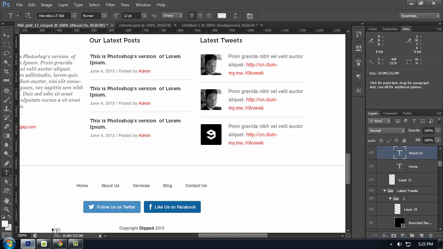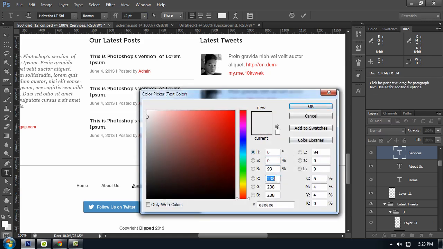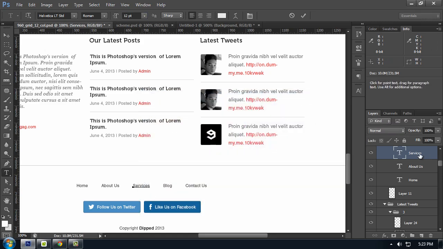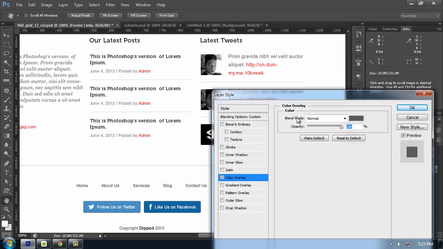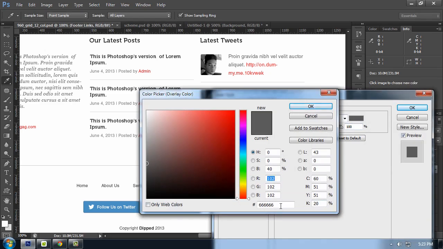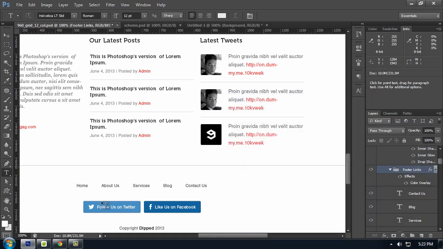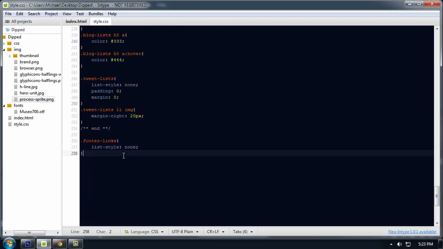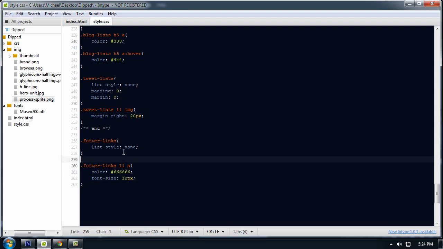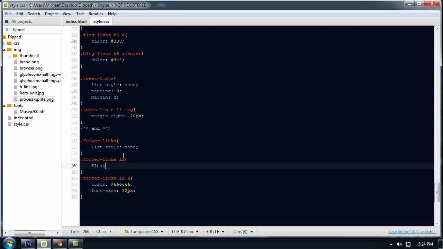And then the font size for every link is this 666666. So dot footer links li a, color, font size 12 pixels, and it's floated to the left